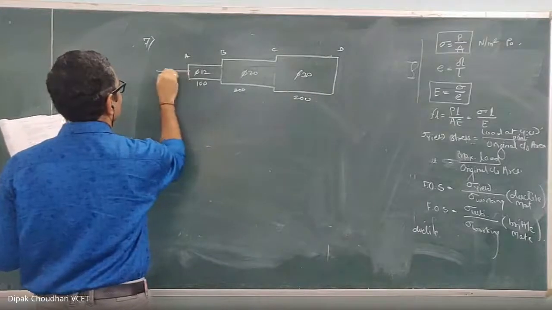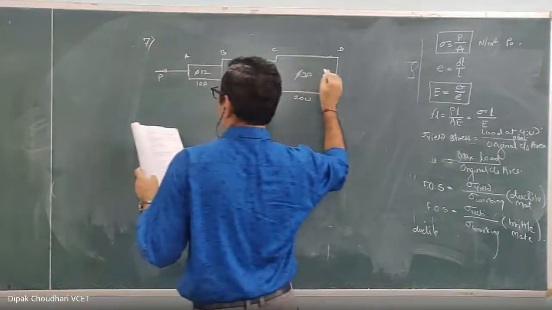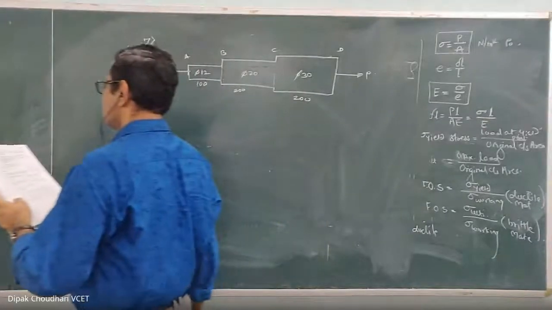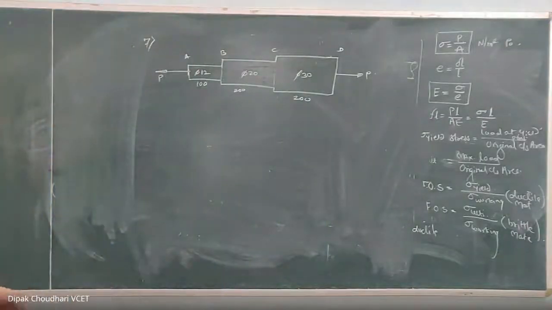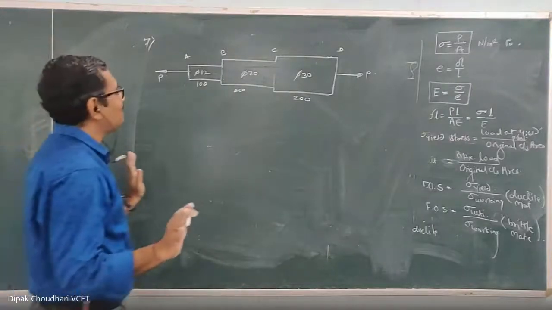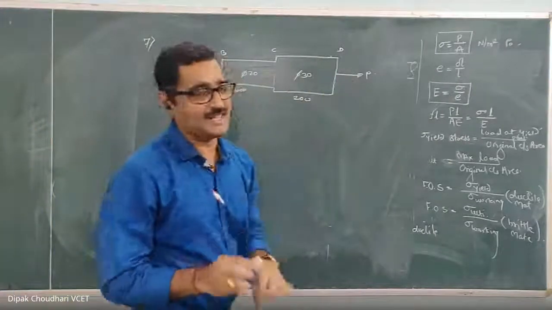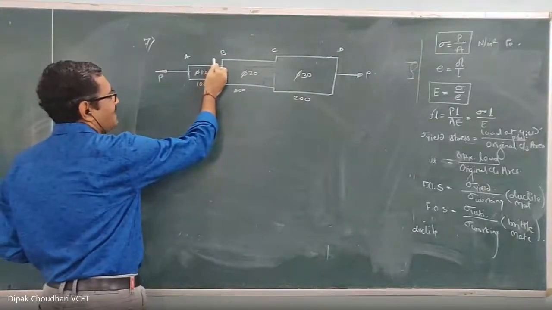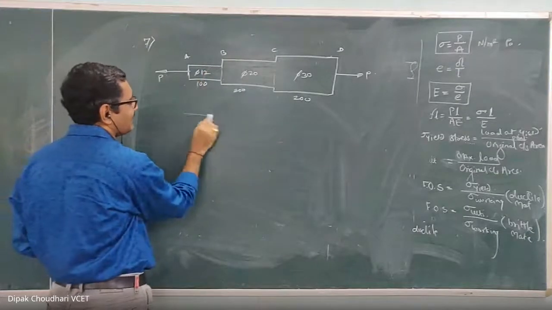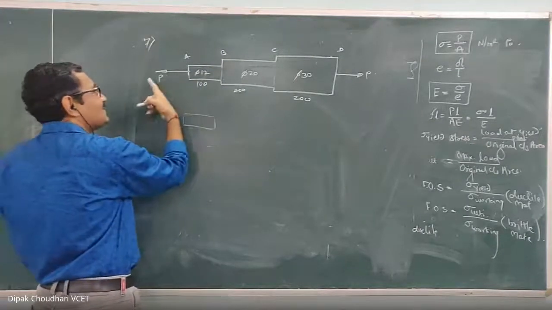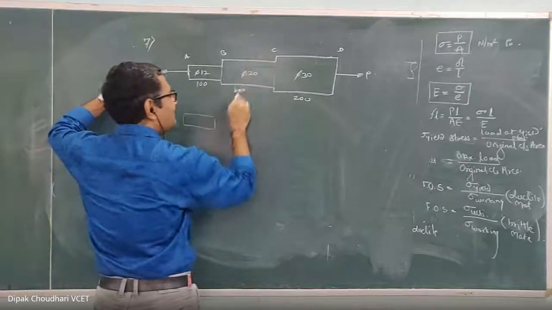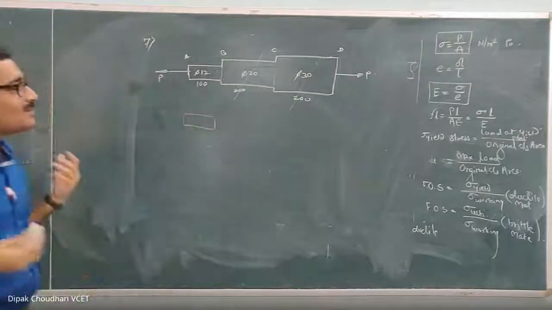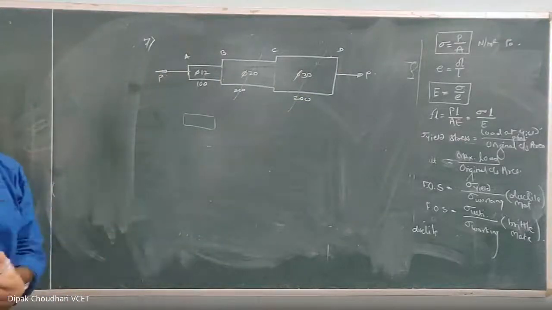It is subjected to the external applied force P, and here also it is P. No intermediate force is there. Now, if you observe this, no intermediate force is there, only external P forces are acting. Whatever is the magnitude of the force P, if I consider an imaginary section of part AB to get the axial force in the part AB, so in part AB the axial force is P only, in part BC also axial force is P only, in CD also the axial force is P only, means in all the three parts the same axial force is induced.